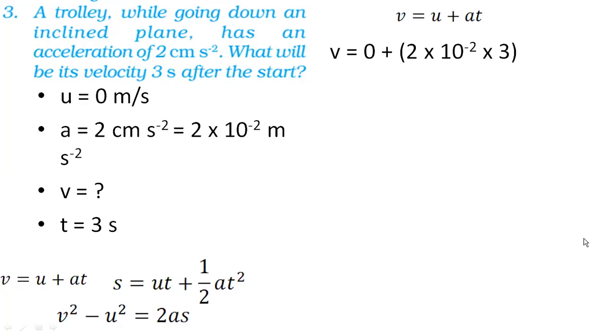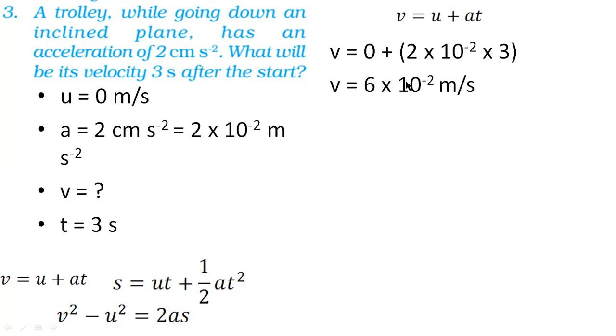Parth Samale, your answer is very, very much wrong. How can it be 600? What type of calculation are you doing? Do it again. It is 0.06. It's a simple calculation. How can you make a mistake in that? Check it again. So 2 into 3 is 6. 2 into 3 is 6. 6 into 10 to the power minus 2.